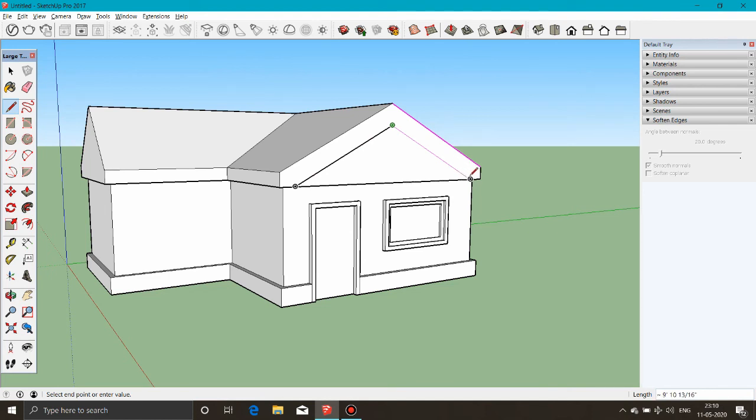Click to finish that edge, then continue drawing and hover over the far roof line to tell SketchUp that we are now interested in that edge. SketchUp will now show us the parallel inference to that edge, and we can follow it down to meet up with the lower on-edge inference point. At this point, you can keep